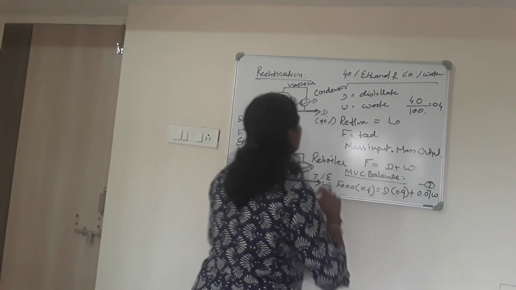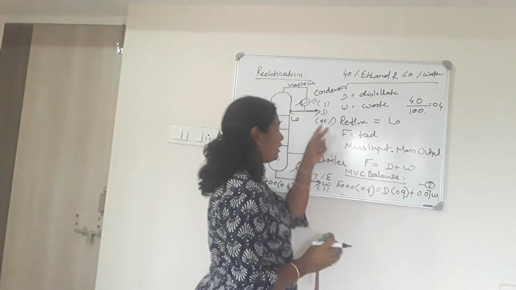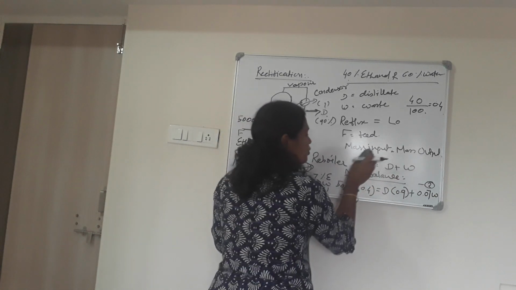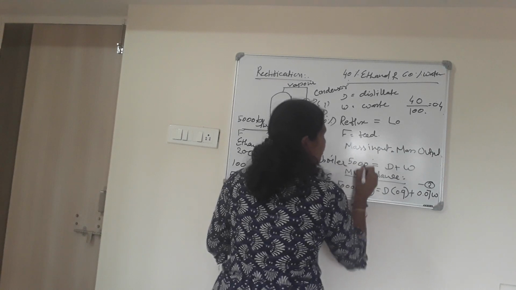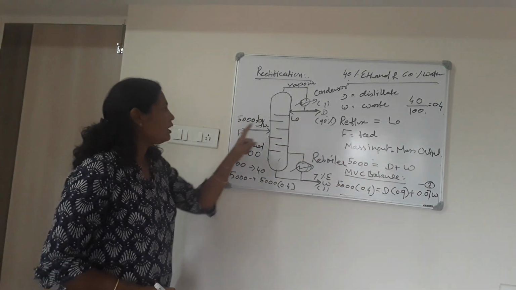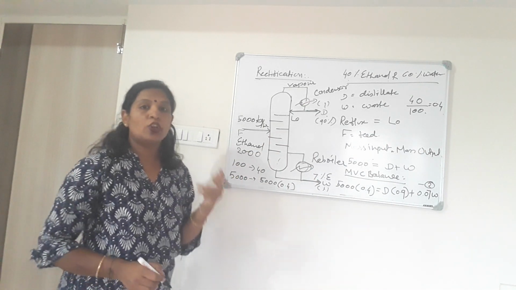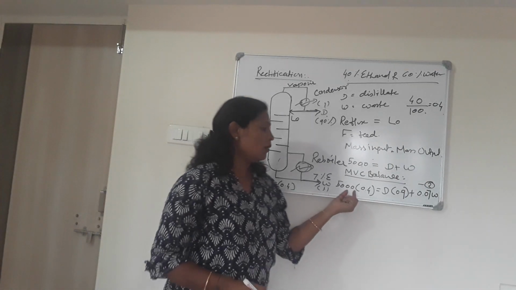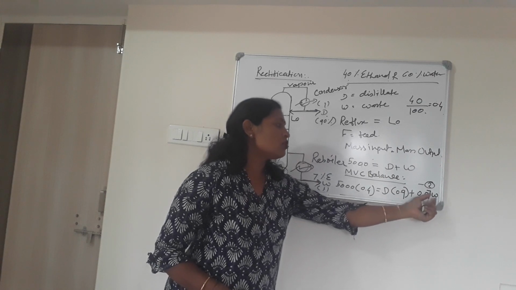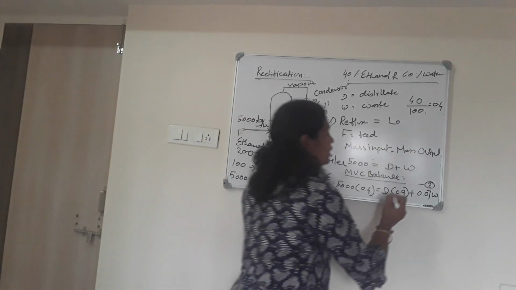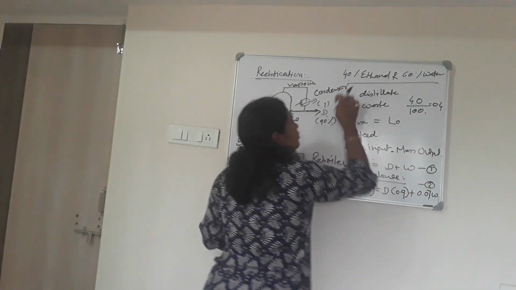See, we don't know the amount of distillate and the amount of waste. We want to find that. In that case, we can use these two equations. Suppose the value of feed is given and that is 5000 kg. So 5000 is equal to D plus W, that is the first equation, and the second equation, which is also known as the MVC balance, is 5000 into 0.4 is equal to D into 0.9 plus 0.07 W. By solving these two equations, we can find the values of D and W.